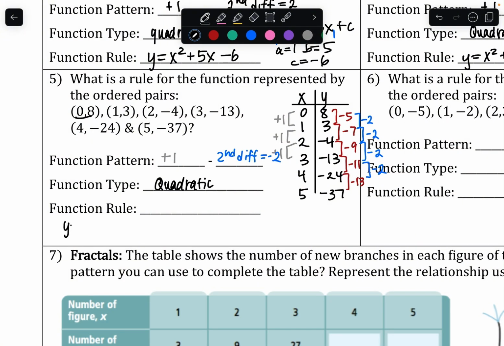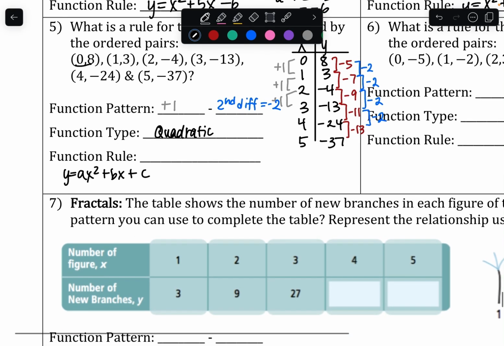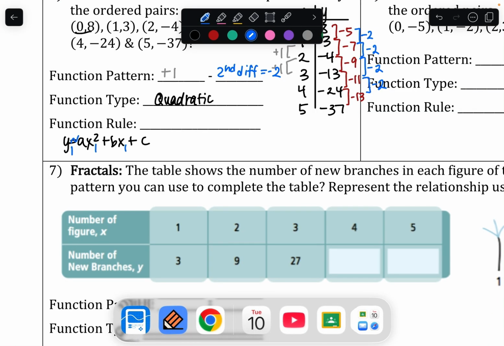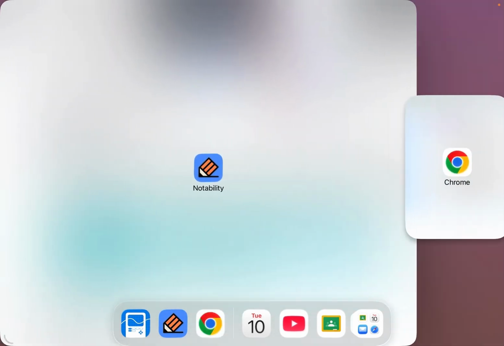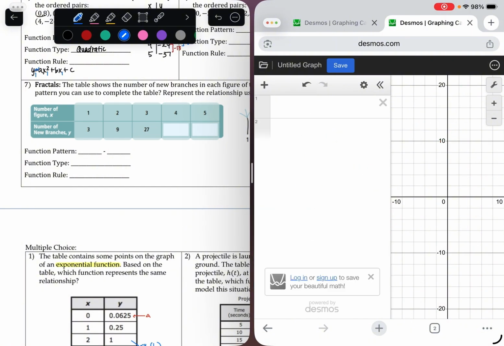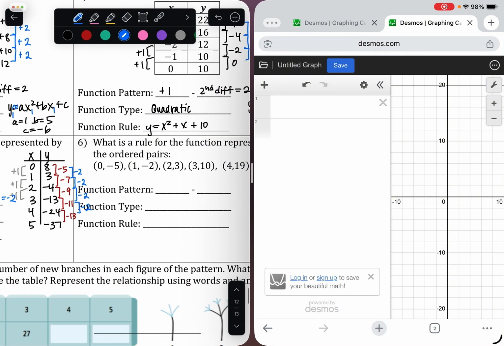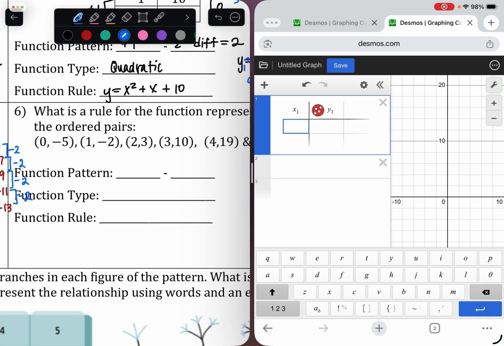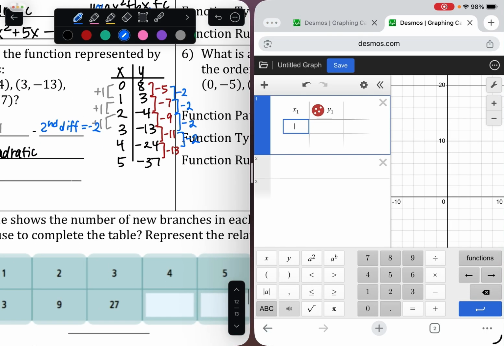And so we know we are going to have ax squared plus bx plus c. And so after we enter our table, we are going to put tildes and ones with our x and y. Okay, and so now we already have our table written, so that makes it easier to enter into the calculator. It's important to clear everything each time, otherwise it may not say x1 and y1 at the top of your table. Okay, and so 0,